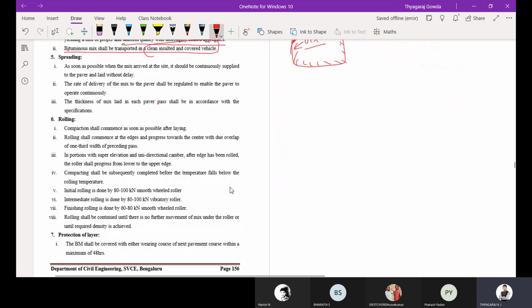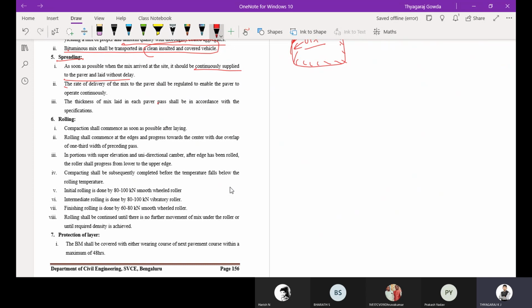Then spreading, how are we going to spread? As soon as the hot bituminous mix arrives at the site, it should be continuously supplied to the paver and laid without delay. Then you lay it and compact it.